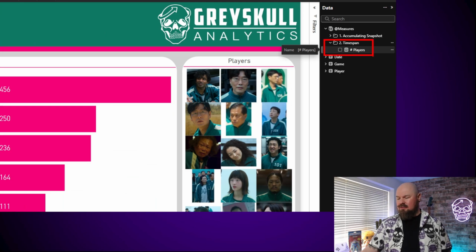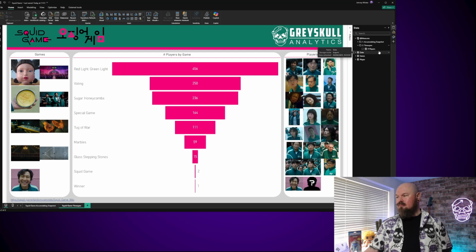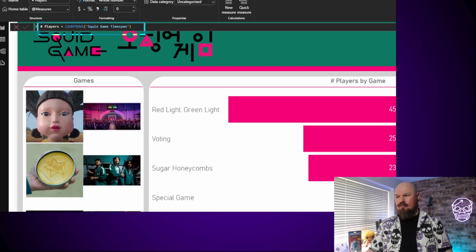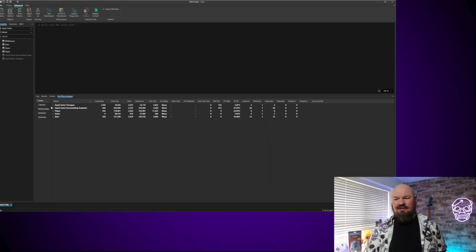Here it's just one DAX measure, and that DAX measure is just a simple count of rows. So the other thing that was really interesting to look at here is some of the statistics around those 2 different approaches. So what I did is I fired up DAX Studio, looked at some of the VertiPaq Analyzer statistics, and you will see here